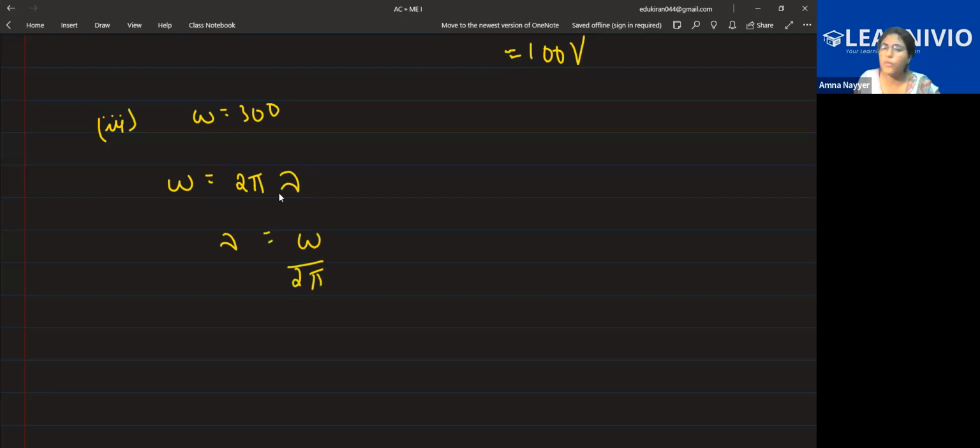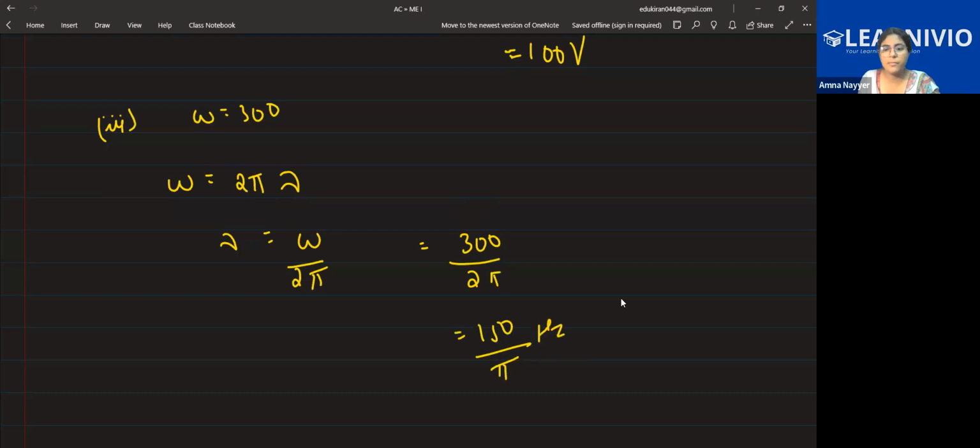These little formulas, please remember and just make a box so that you can remember it further also. Because these are actually a part of your class 11, but they'll be utilized throughout. Even in your semiconductors chapter, you'll be having the entire current electricity with you. So anyways, this is 300 by 2 pi, which is equal to 150 by pi hertz.